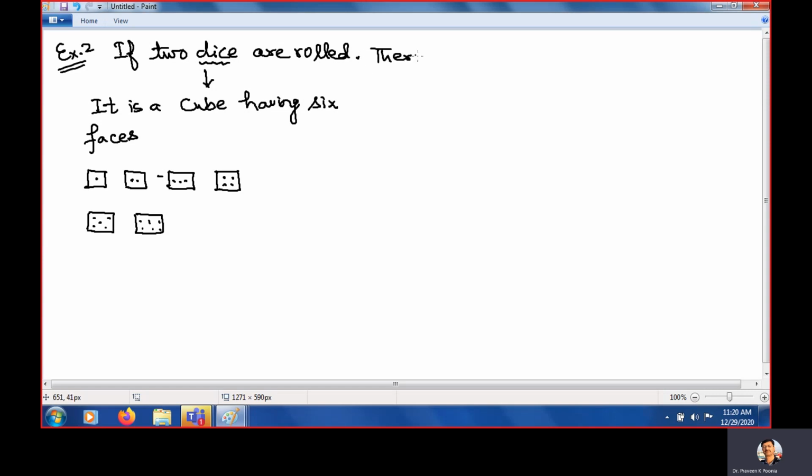There are 6 possible outcomes. So why 6 possible outcomes? Because if you throw this cube, it may be 1, it may be 2, it may be 3, maybe 4, maybe 5, or maybe 6 on the upper side. Clear? So how many possibilities? 6 possibilities. And how many dice did we roll? 2. 2 dice we rolled. Clear? So how many possibilities for the first?